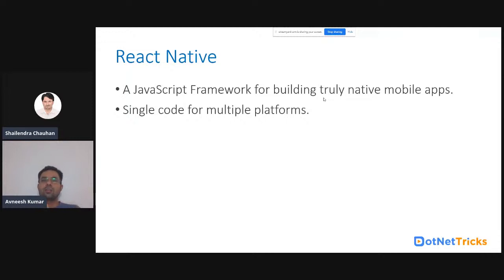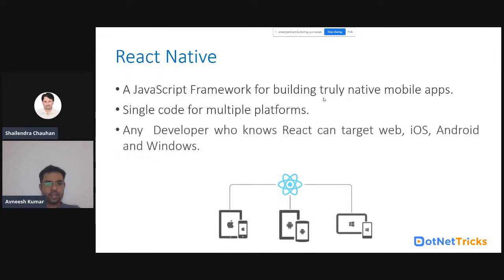You will need few resources to develop it. JavaScript expertise is required, so with few resources your work will be done. So React Native is useful where you have a limitation on the number of resources, or a limitation of budget, and you don't require very intensive use of native features in your application. Okay, so that's about React Native.